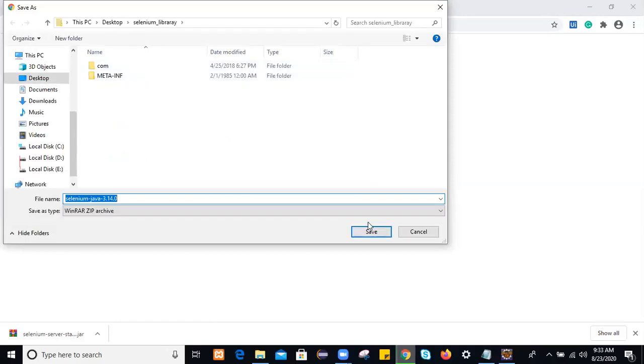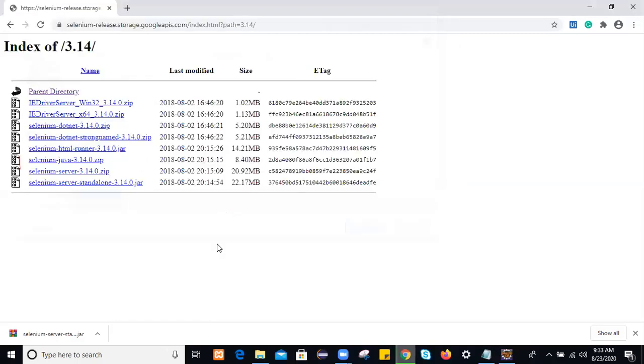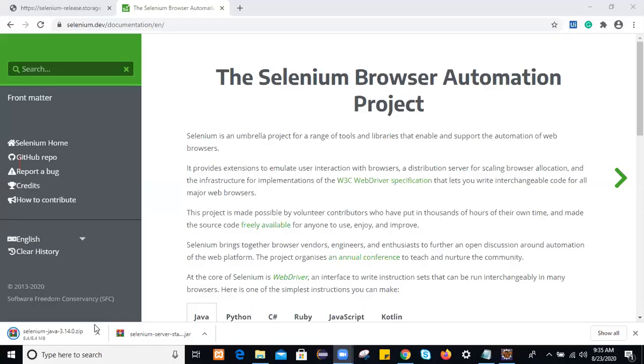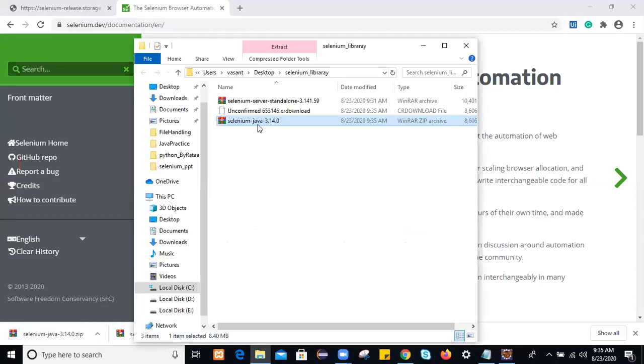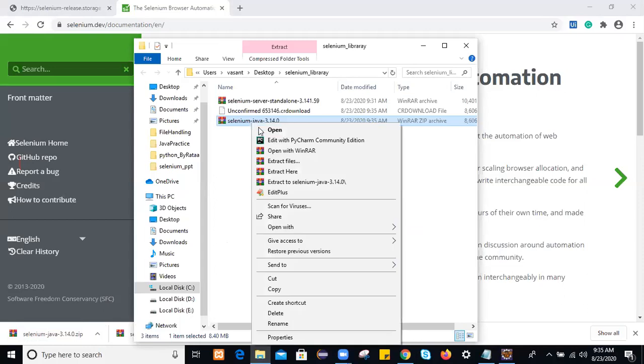On the Selenium library location, it will take a few minutes. Once it is downloaded, let me go to the location. Here is Selenium Java. Just right click, extract here only.